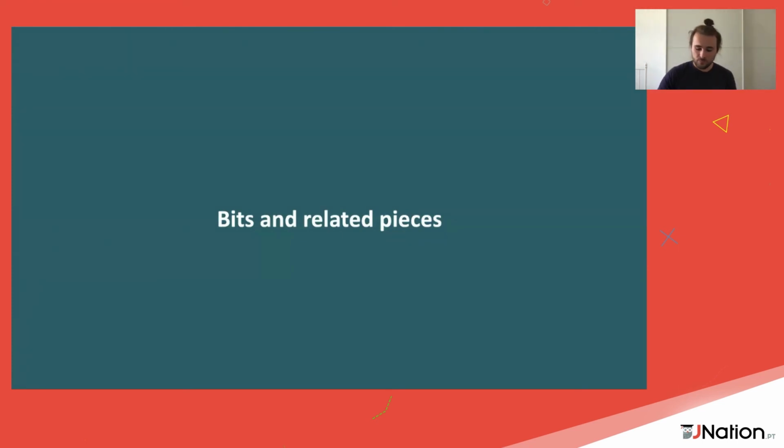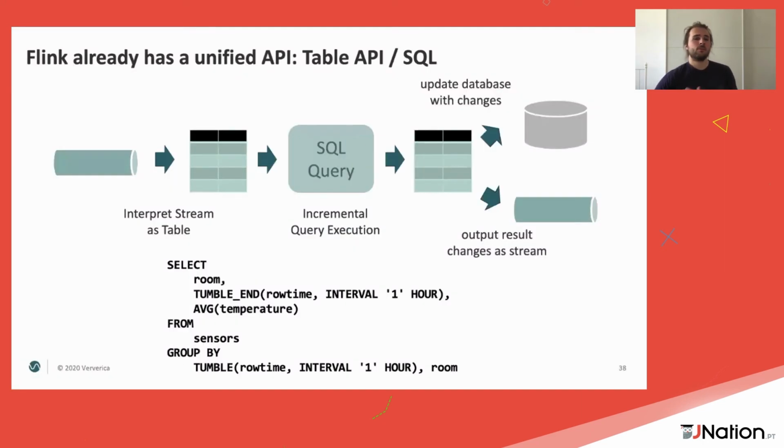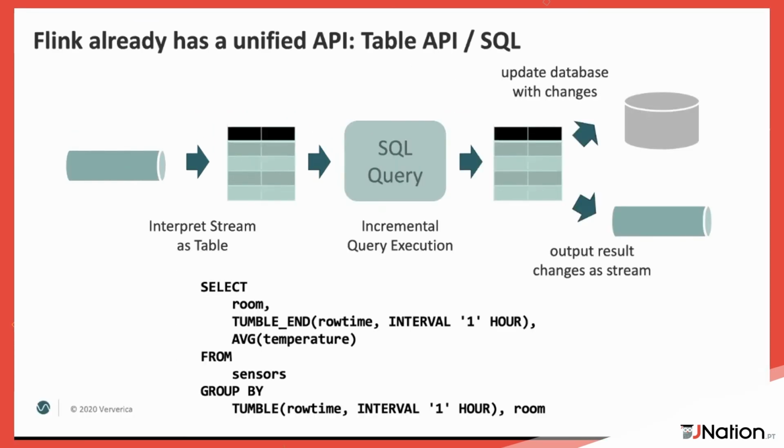Now, there's some related bits and pieces that I want to quickly mention, and then we're done. There's one thing that I didn't mention, which is that Flink already has a unified API. So there's not just 2 APIs currently, there's 3 APIs, and some other APIs, but there is a unified relational API. We call it the table API,